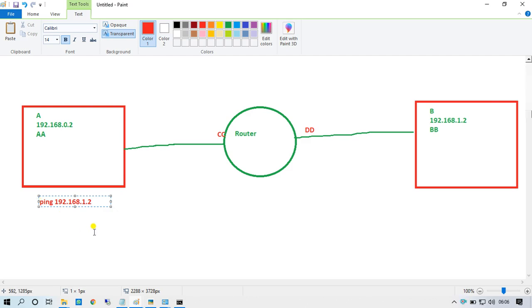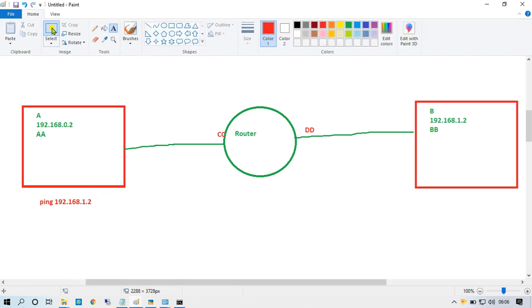What will happen? This packet will go here, and first it will check its network information. This is subnet 0 and this is subnet 1. It will not generate any ARP packet because the networks are different.